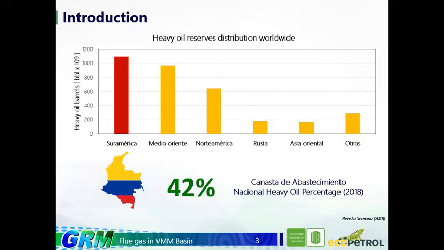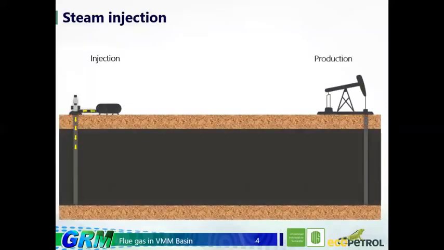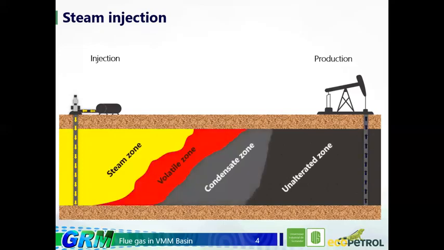The steam injection process injects saturated steam into the formation, and this process develops several zones. The first one is the steam zone, located near the wellbore where the injection is made. This steam zone moves through the reservoir, and during its trip,